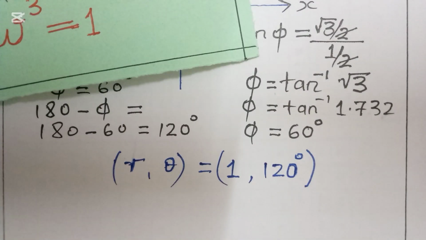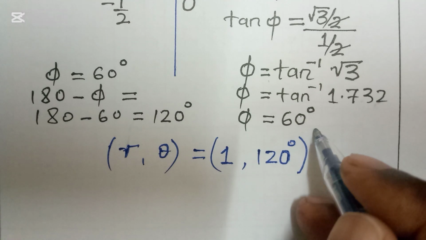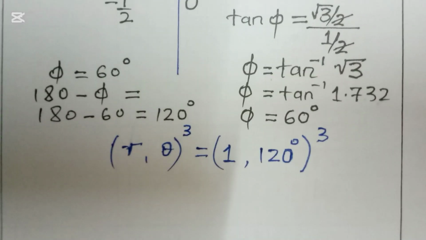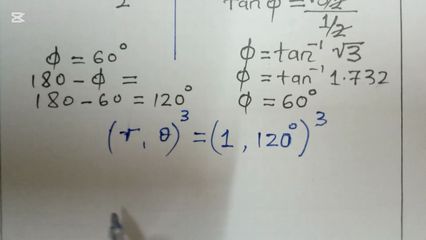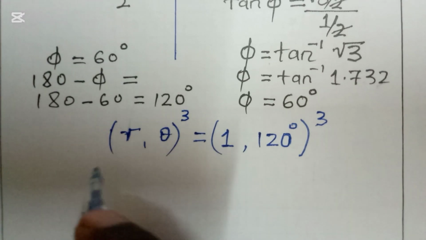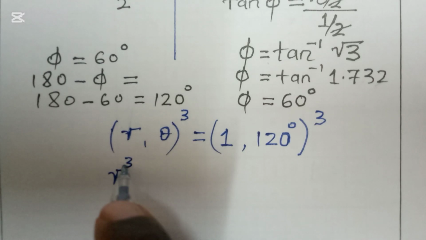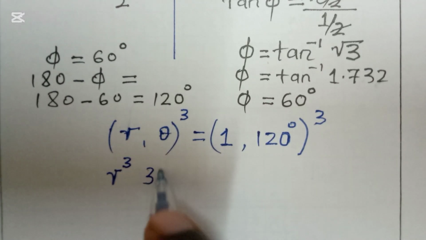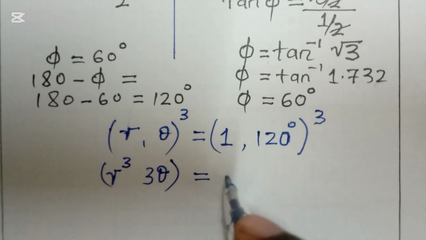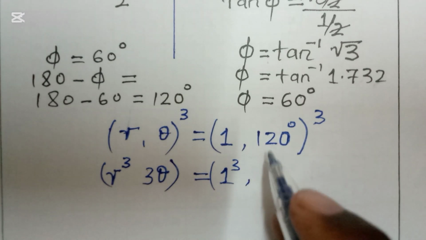And so guys, we are now going to cube that. In cubing that, we are going to use what we call De Moivre's theorem, of which this one is going to be r cubed, then we have 3 theta. Then we come to this side, we shall have 1 cubed, then here we have 120 times 3, which is